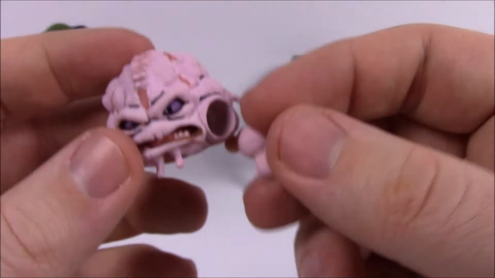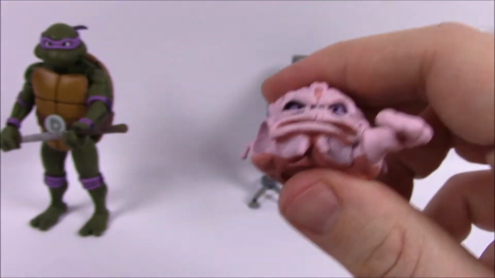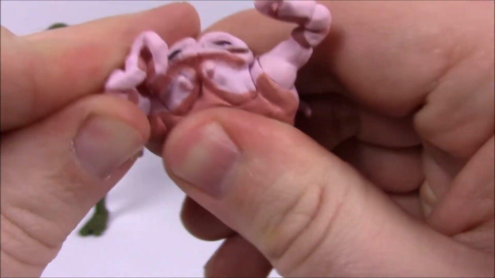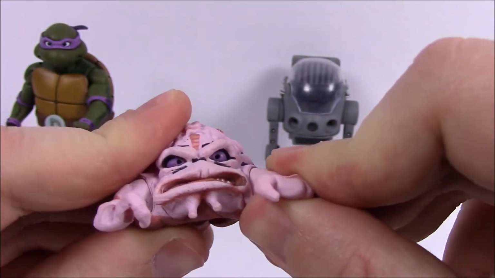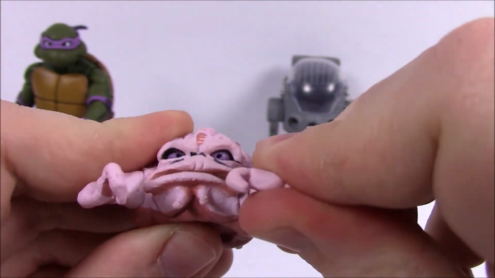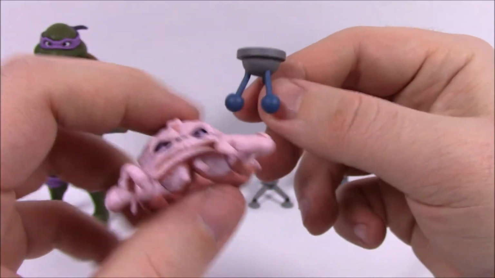But then you just take these hands, and I hope I'm putting them in the right ones, but you just kind of pop them in. I'm not pushing them in all the way right now, because I like it back in the robot and stuff, but you can just stick them there, and then they do have movements and ball joints to move around. And then the only other accessory he comes with is this little tripod thing, so you can obviously sit it down,